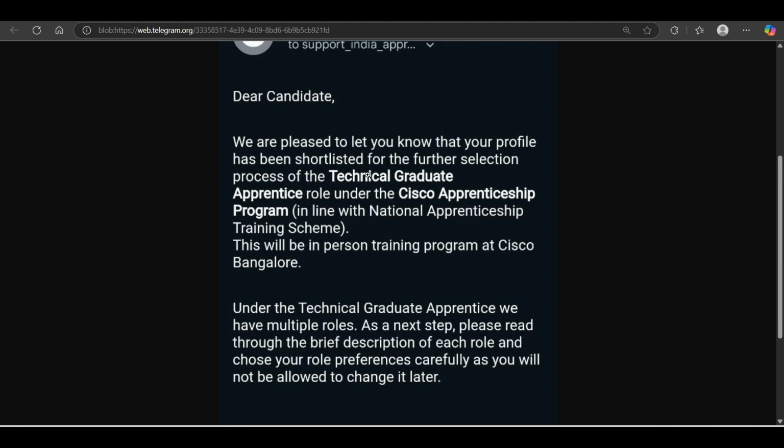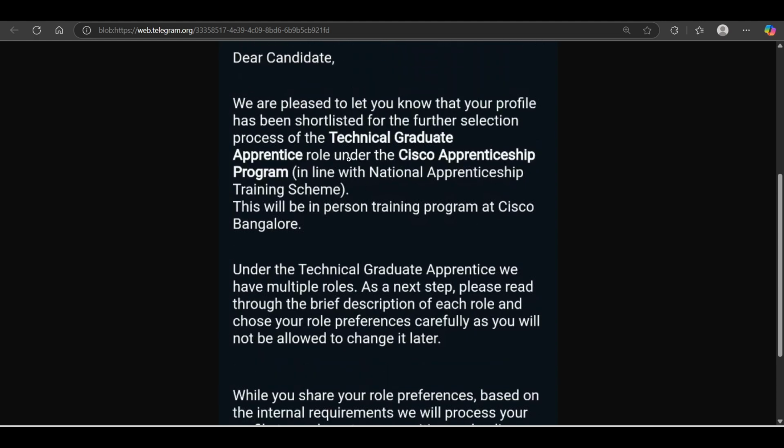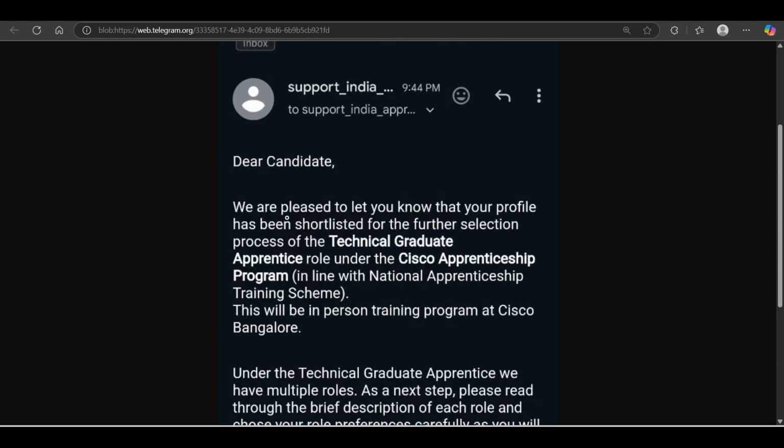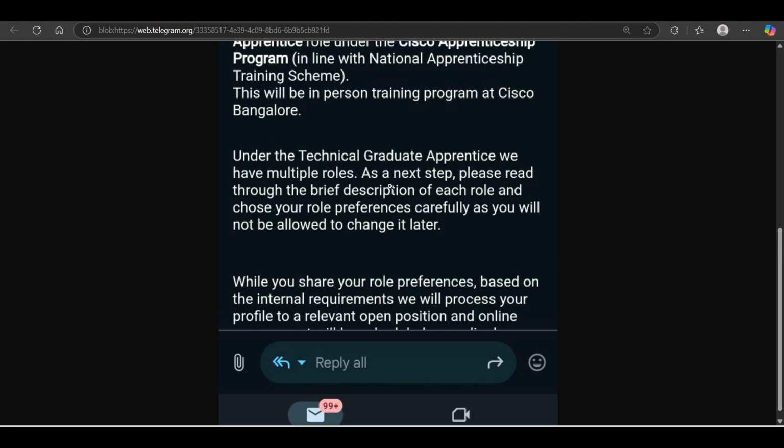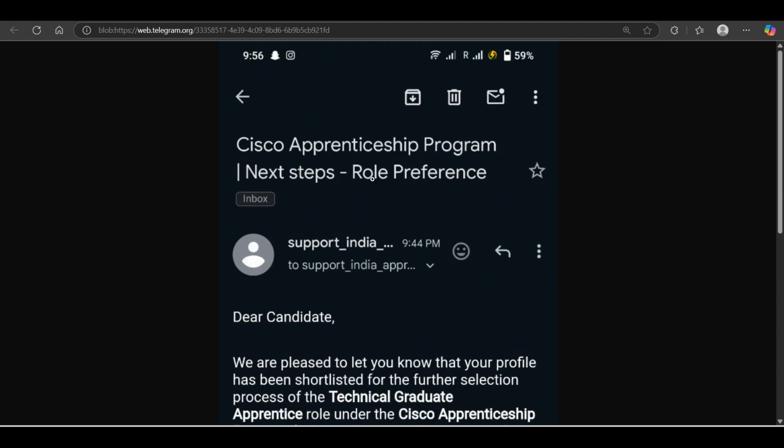I hope you guys will try to give your best, because if you don't know about this, I just want to let you know, Cisco is one of the best employer companies to work in India. I never say this kind of thing for many companies, only for selective companies I say that. And yes, Cisco is one of the best employers in India to work with.